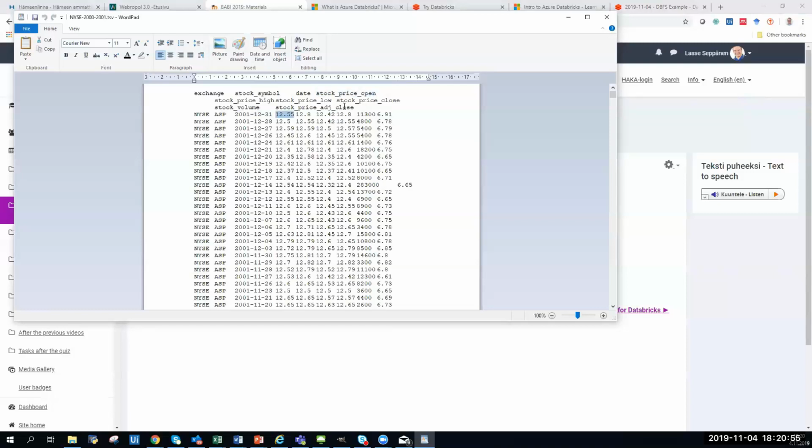And then the top price for the stock would be the next column. Next would be the low one during the day, and when the stock market has closed, what has been the price then. Stock volume means how many